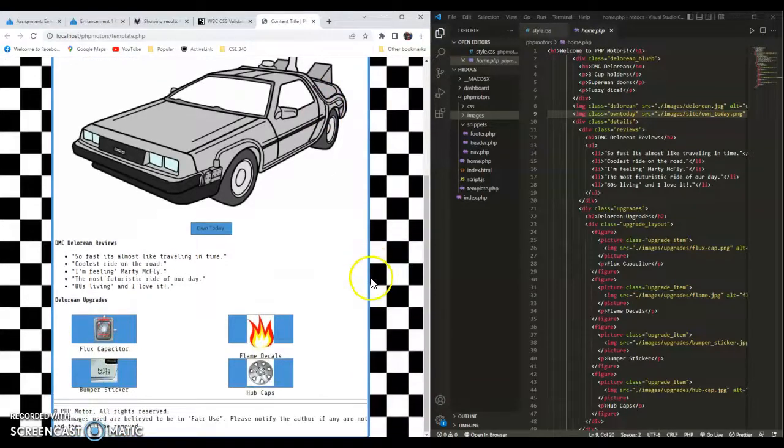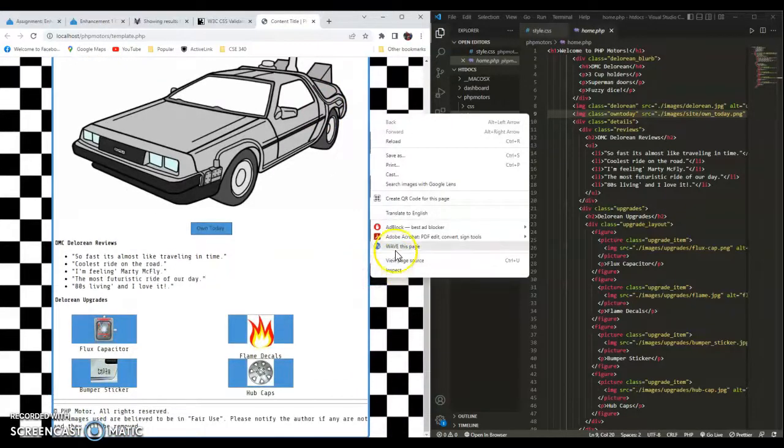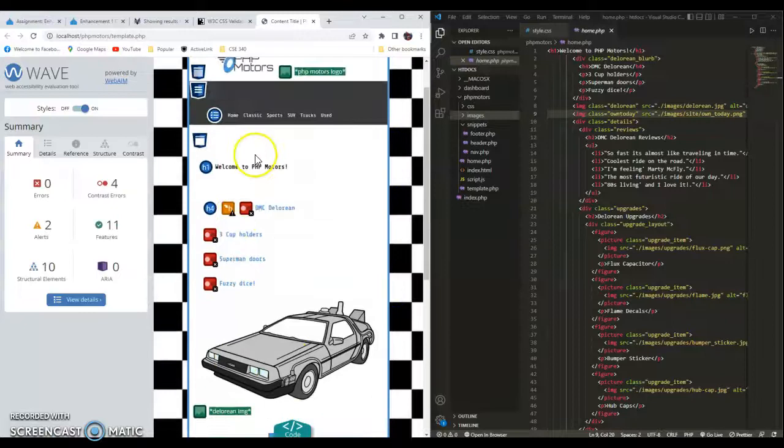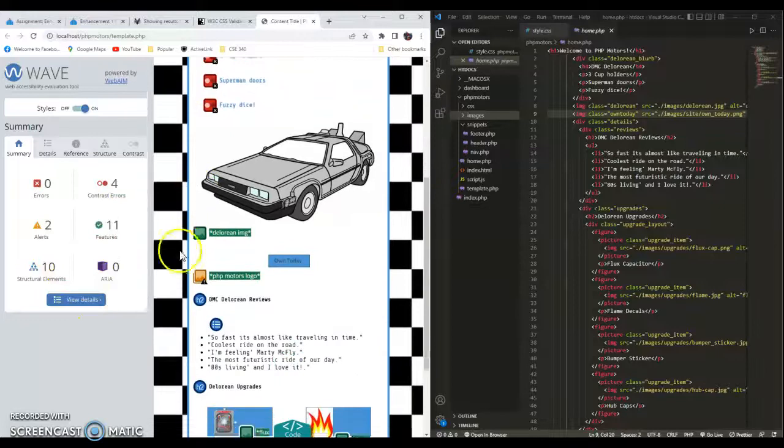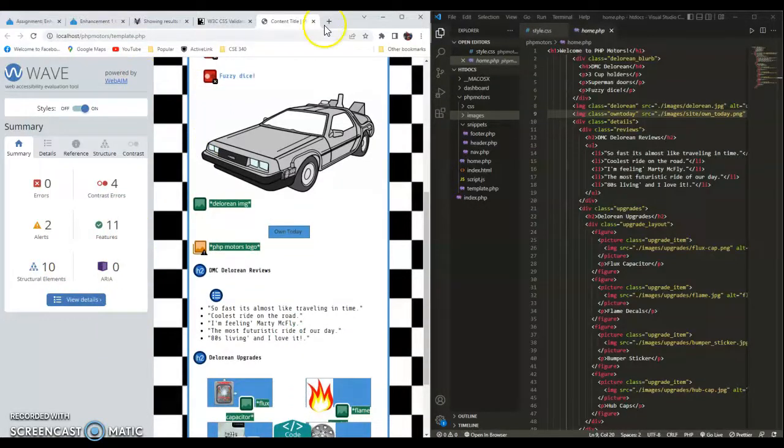And from there was the WAVE as well. It does have contrast errors, but it does have structural elements, the features, and yeah. And then from there as well,